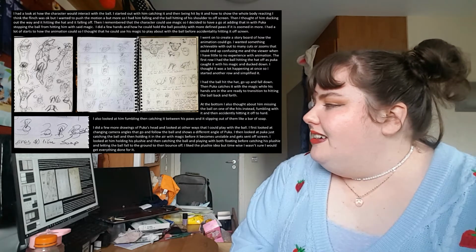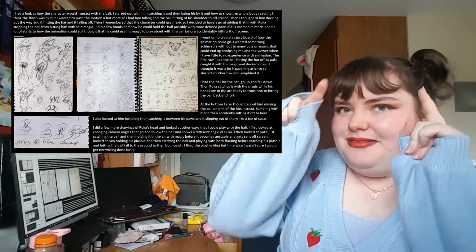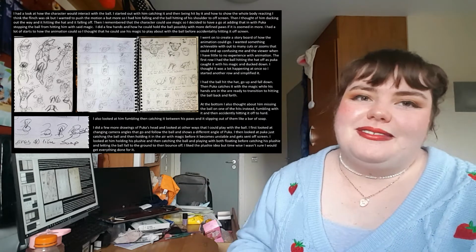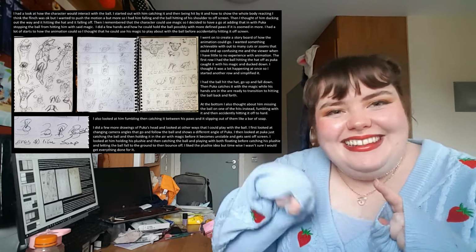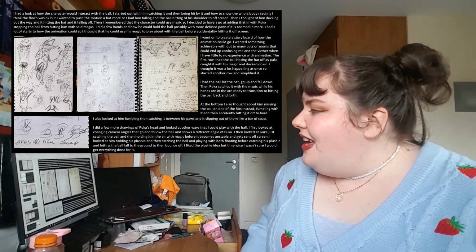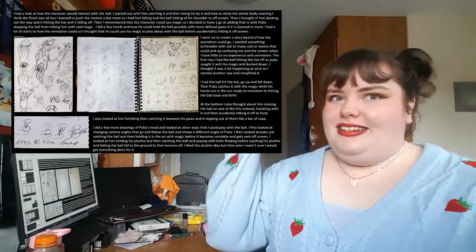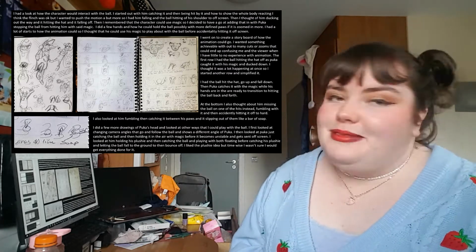And then I was like, maybe it accidentally hits off, then you can kind of see a little small doodle next to it, and then one below that where he's like, oh, sort of thing. So that was something that I quite liked, the little doodle. Then I had one where it's hitting it back and forth, because I was like, oh, okay, maybe rather than holding it up in the air, he's playing with it, hitting it back and forth, which is kind of what ends up happening.